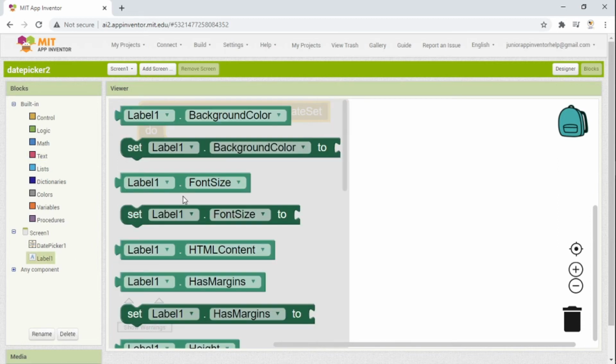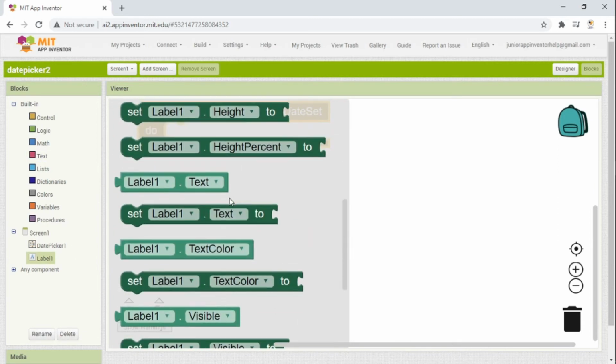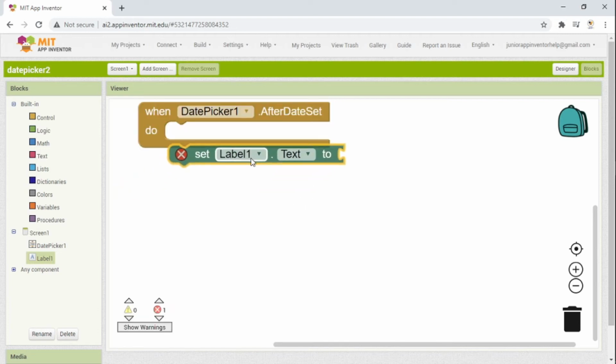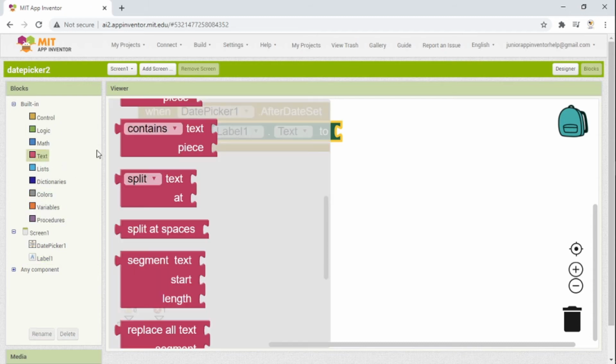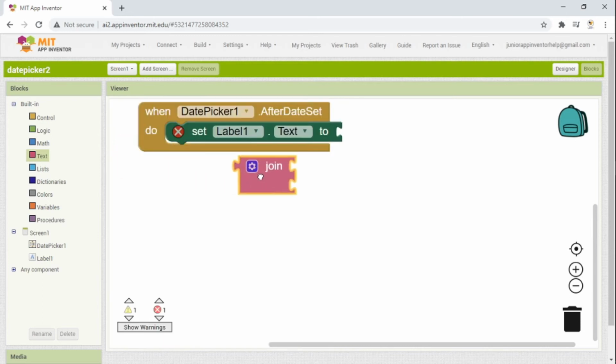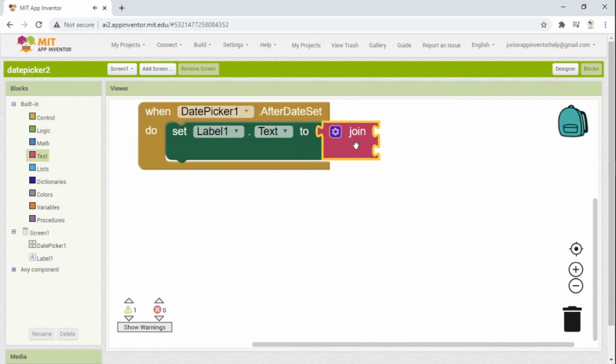First we take a label, Label1, to set its text after the date is set. We get the text.